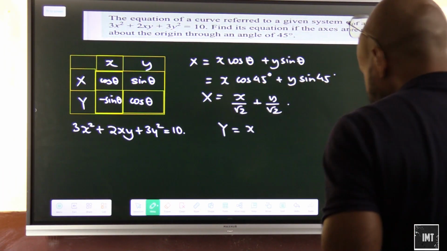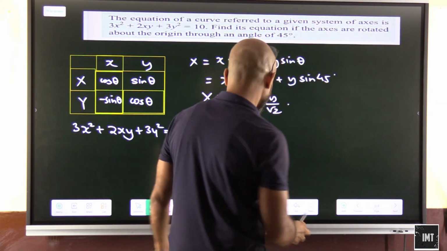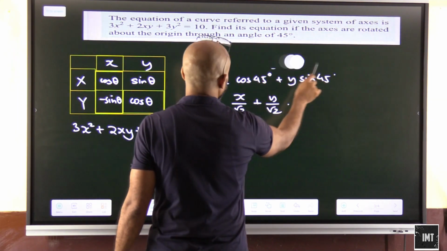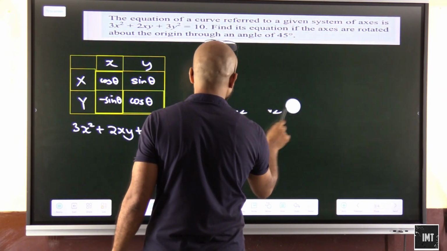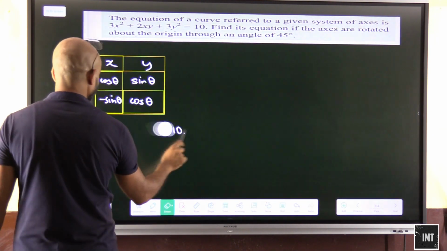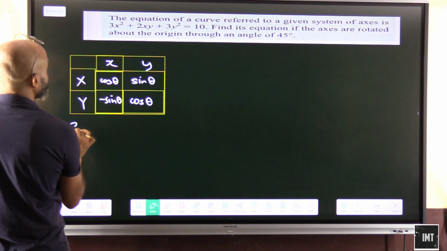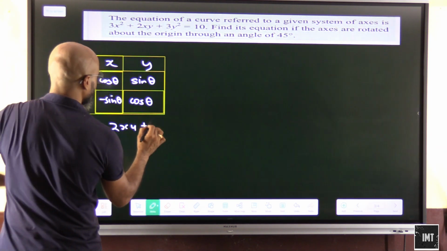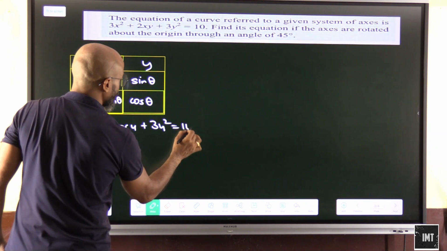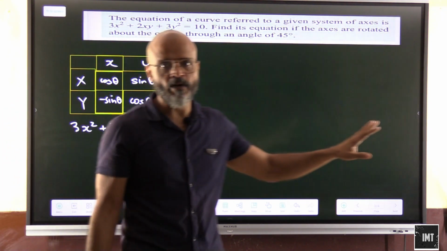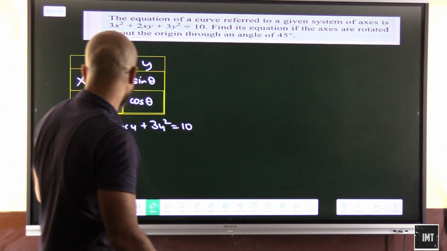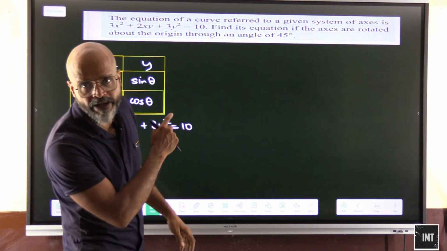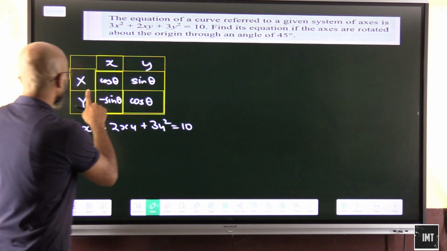Okay, so in the previous sum we were going a little wrong here. Apologies for that. The formulas that were written were not incorrect, but what we need to find is the equation 3x square plus 2xy plus 3y square is equal to 10. This is basically the original equation, and we need to write it in the new coordinates of x and y. So here we have